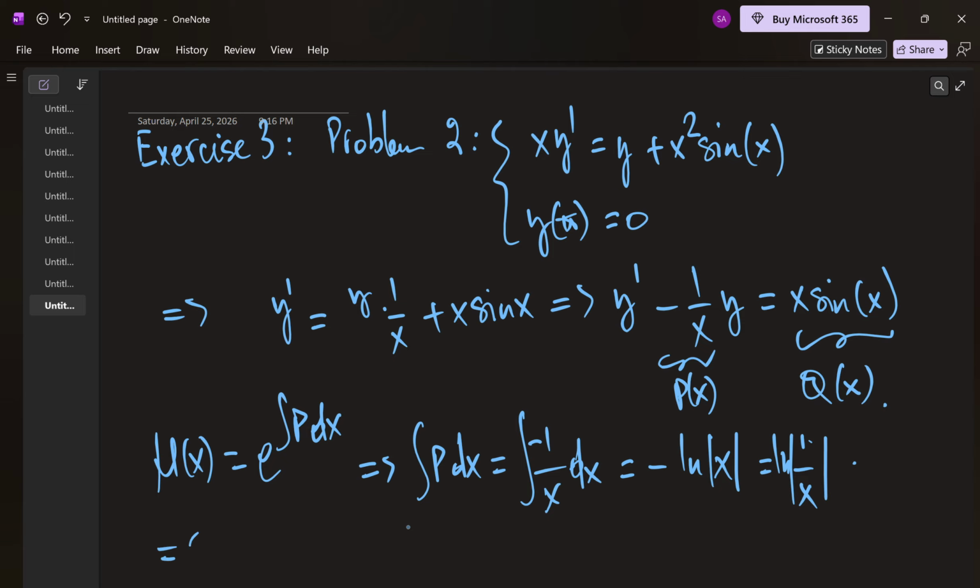Now this implies that the integrating factor, when taking the exponential, is 1 over x. Okay,